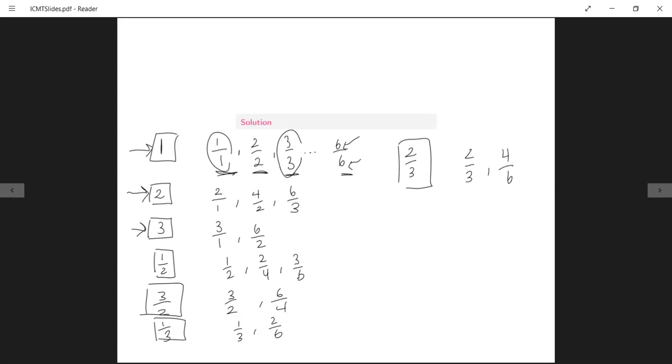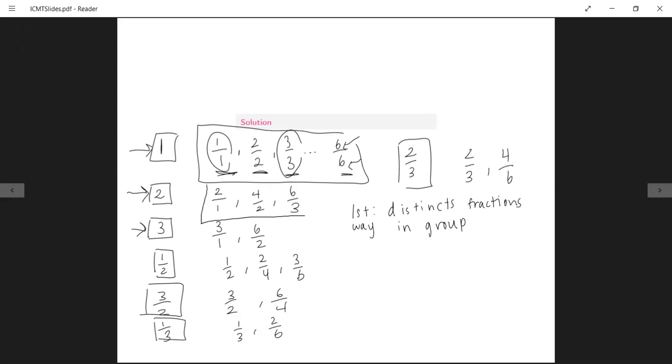So the first way they can tie is to get distinct fractions in one of these groups. The groups I'm talking about are this set of fractions. For example, Reese could get 1/2 and Kevin could get 3 over 6, and they would tie because both of those are 1/2. And then the second way they can tie is just by